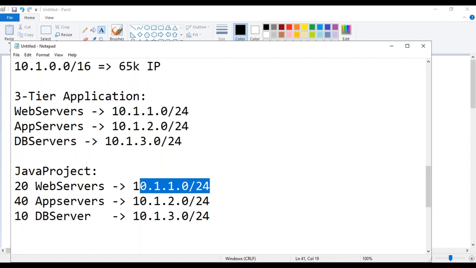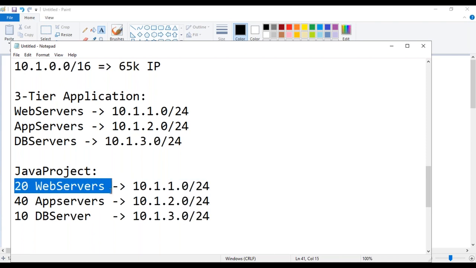So that means if the requirement is 20 servers, you need to give the nearest to 20. If you give this one, you are literally giving him 255 IP addresses, and if you use 20 only, then you are wasting more than 200 IP addresses. You should not do that. Even if it might be free, guys. The private IP addressing is free, they're not going to charge you, but if you keep on doing like this, one day you're going to run out of subnets. You should not do that. As I said, this is a bad method.